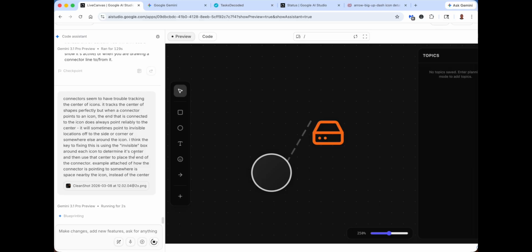Okay, so I went ahead and prompted this. Connectors seem to have trouble tracking the center of icons. It tracks the center of shapes perfectly. But when a connector points to an icon, the end that is connected to the icon does not always point reliably to the center. It will sometimes point to invisible locations off to the side or corner or somewhere else